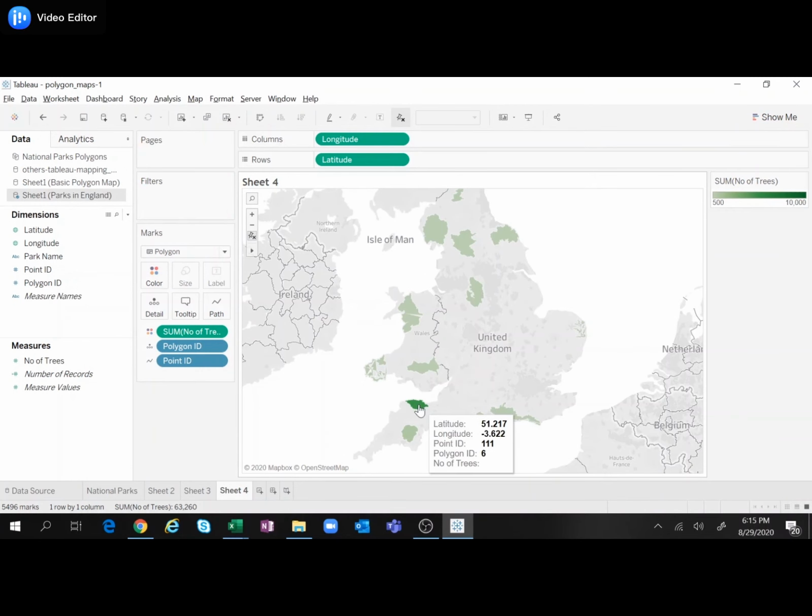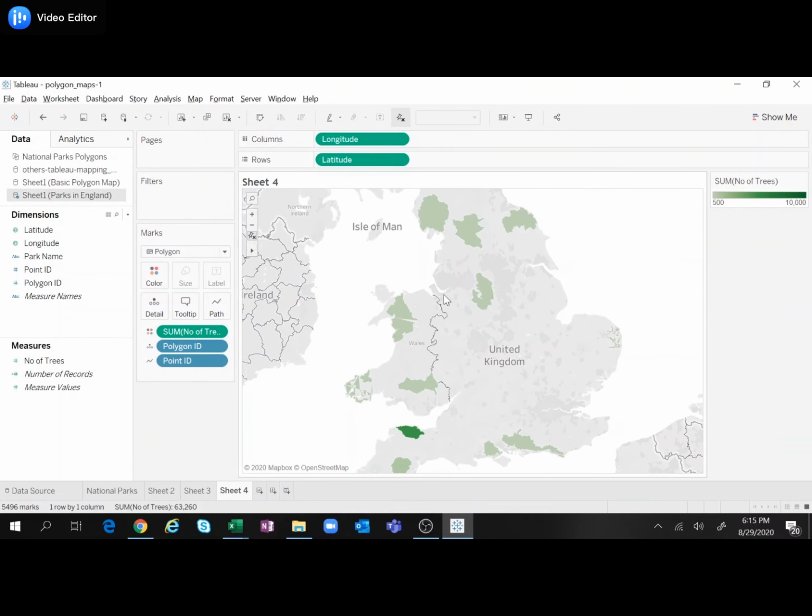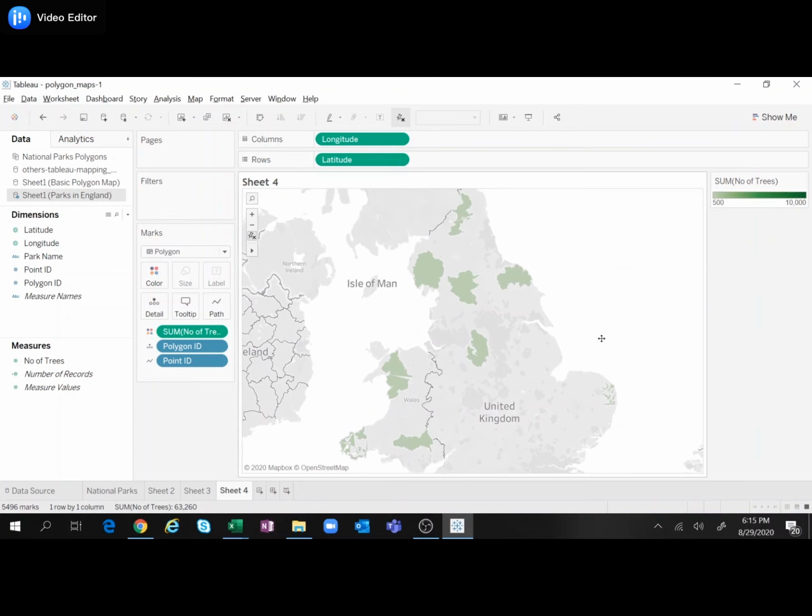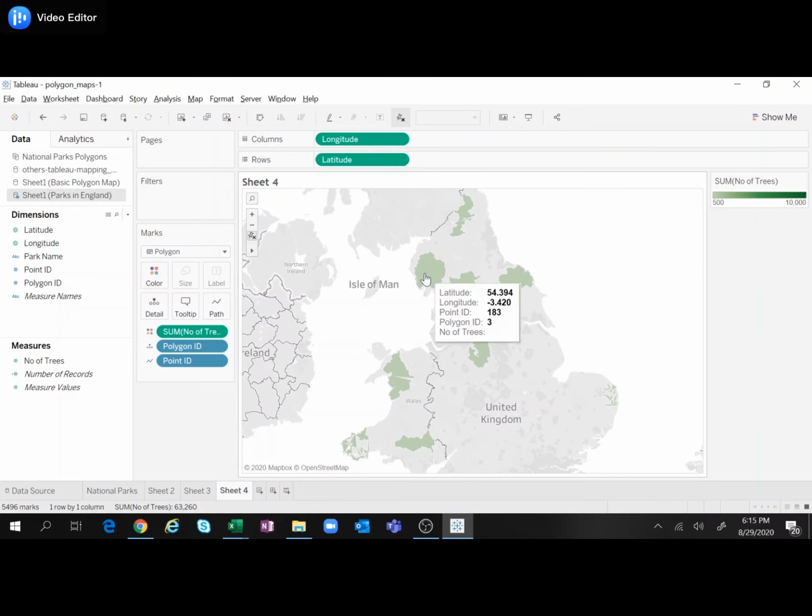But this is darker, whereas the park with 10,000 trees is actually with a much lighter shade.